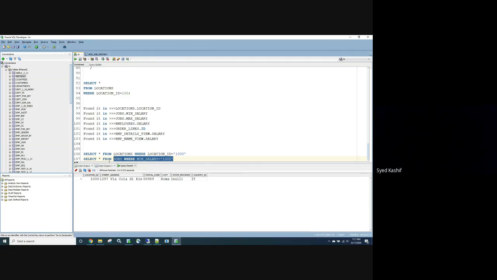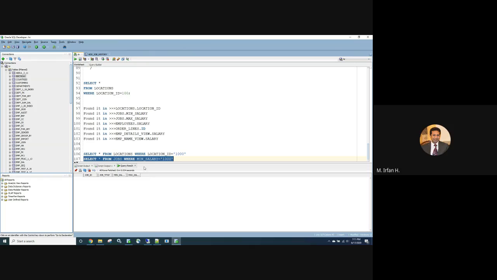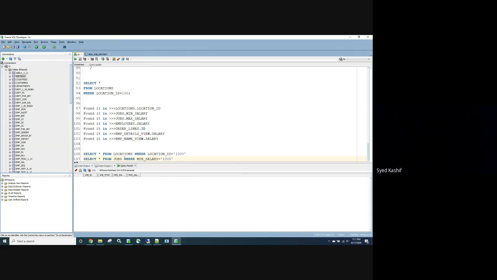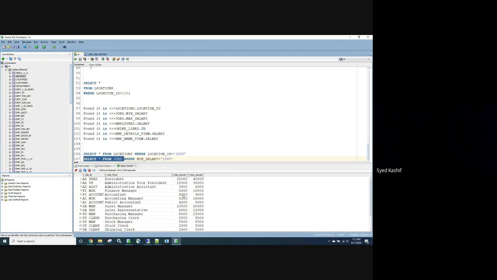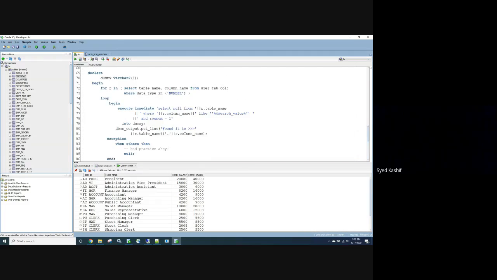Let me execute this. I don't know why it says that. So let me select star from jobs where min salary is 1000. I don't know. There is something wrong with this stored procedure, but yeah, you would have to